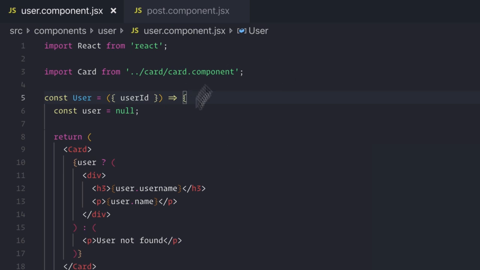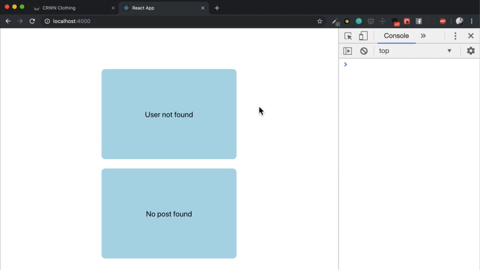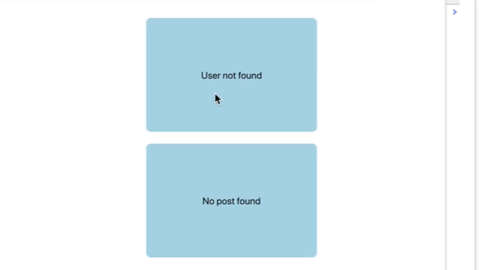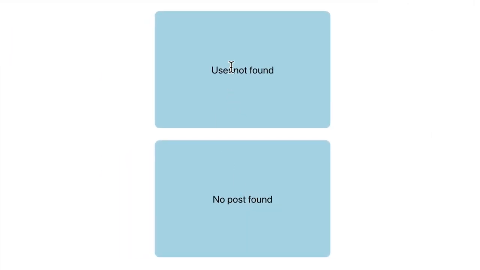So inside of our test application, what we have are these two components. One is a user component and one is a post component. What you pass each of these components is an ID, which we will then use to fetch against our JSON placeholder API that we've been using to see whether or not the user or the post exists. If the user exists, we'll display the name and the username, and if the post exists, we'll show the title and the body. Now, if they don't exist, we'll just show this text, user not found